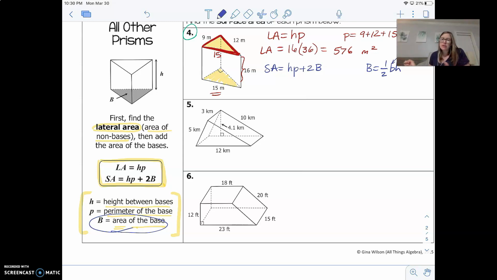So you kind of have to separate yourself, ignore the prism right now, the 3 dimensions, and focus just on your 2 dimensions. So I want to do 1/2 of 9 times 12. Why 9 times 12? Well, if you look at this right triangle here, this 9 represents the base, and this 12